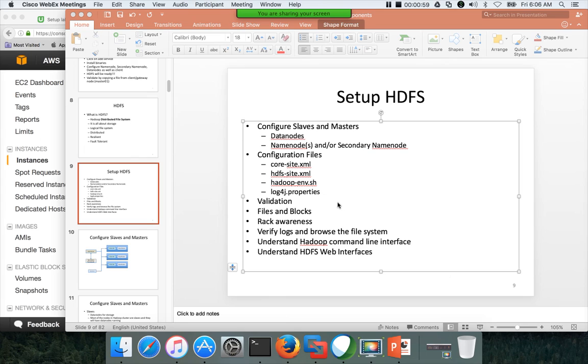Before actually getting into further details, first we need to validate whether our cluster is set up properly or not. And validation happens at different levels. One is to see whether the daemon processes are running or not. We have seen using Cloudera Manager as well as the command prompt as part of the last class, by running ps -ef | grep datanode, grep namenode on the relevant instances on which Hadoop is configured.